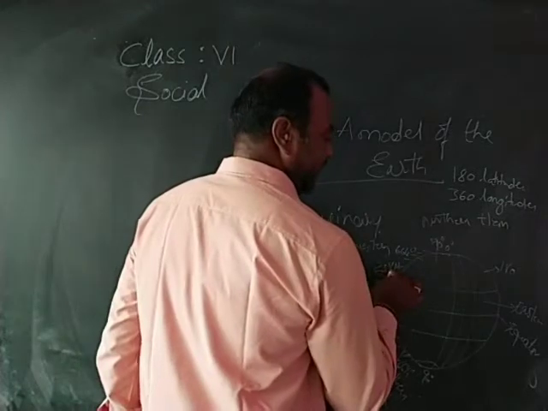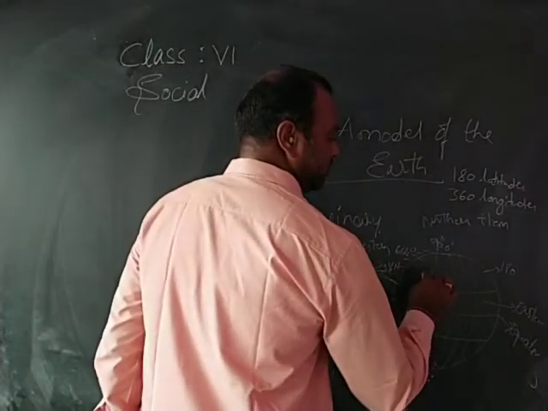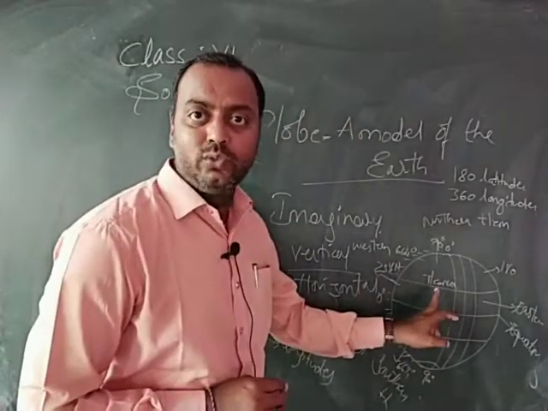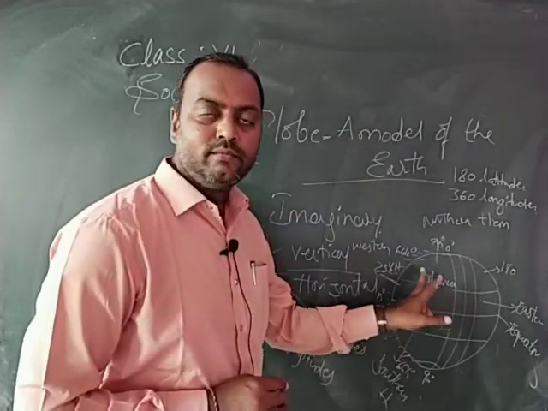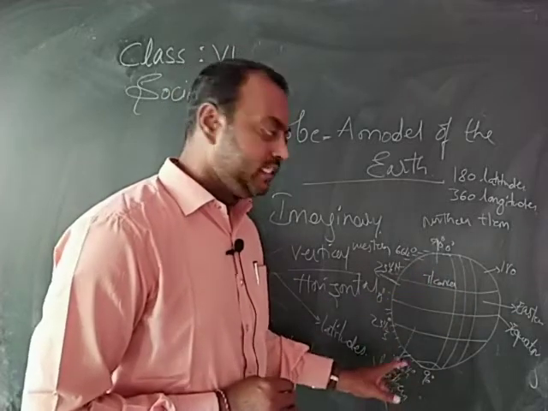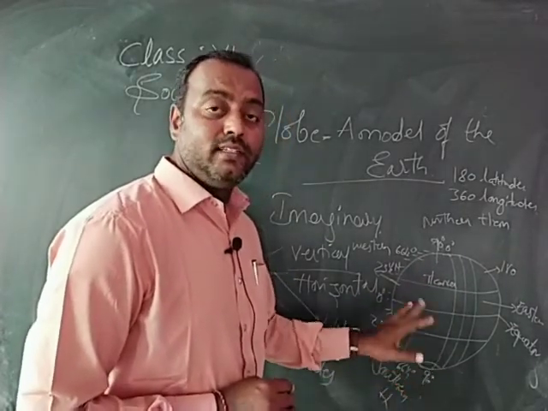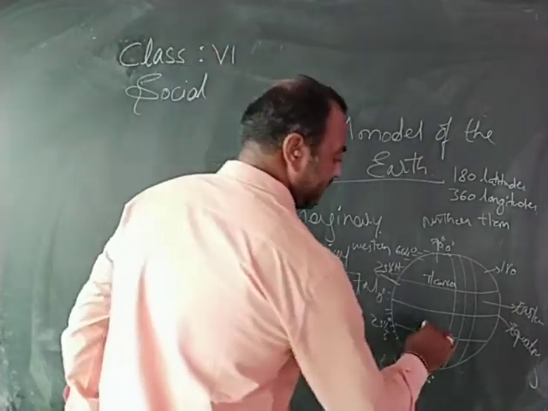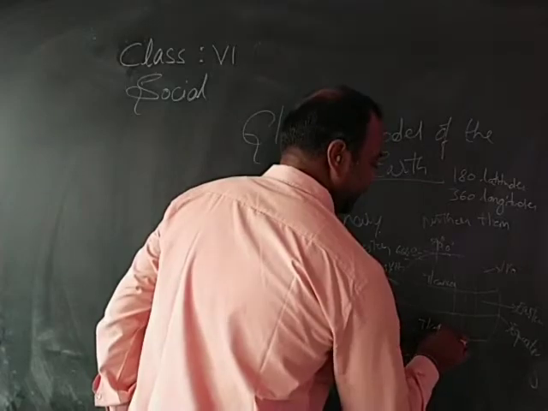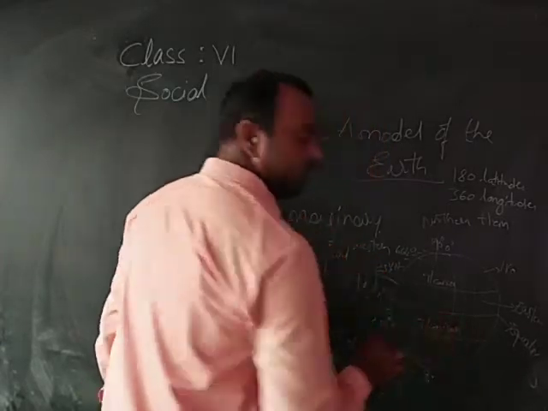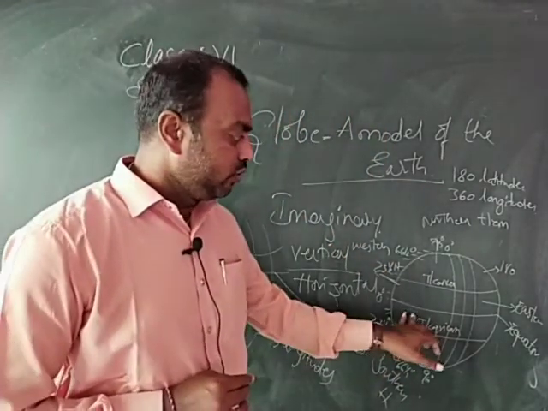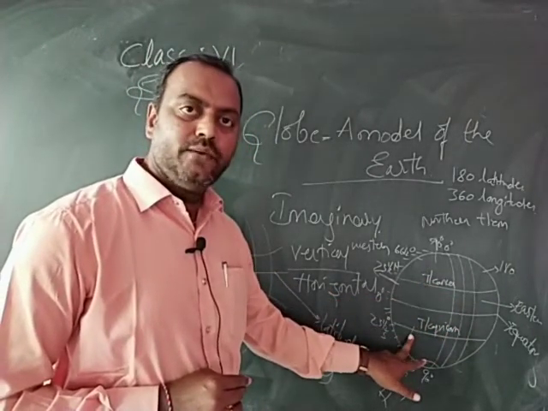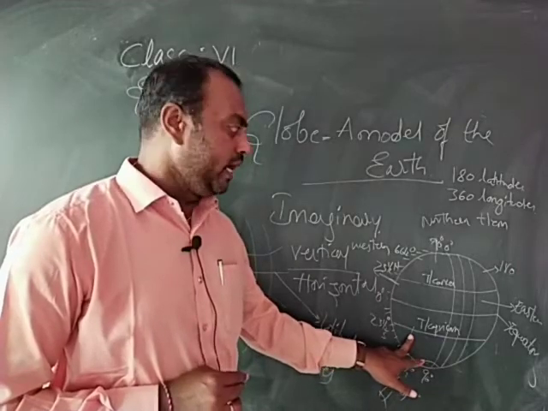The 23.5 northern latitude is called as Tropic of Cancer. Children, this is a line which passes through even India also. Similarly, there is another latitude in the southern side. 23.5 southern latitude is there, which we call it as Tropic of Capricorn. So 23.5 northern latitude is called as a Tropic of Cancer. 23.5 southern latitude is called as a Tropic of Capricorn.